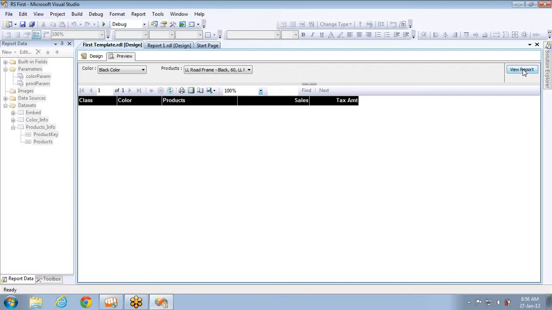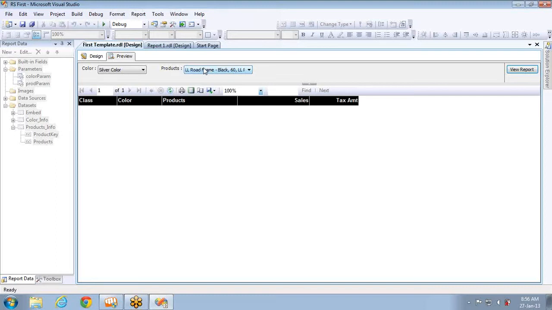So if this is the case, it is very difficult for the end user to find out whether they are selecting the matching combination or not. For example, if he selects black and only black color products are listed, then that one will be very helpful to the user. You don't need to worry and search for the products that come in black color. In the same way, if you select silver color, if the products drop down list can load only silver color products, that will be very, very helpful.